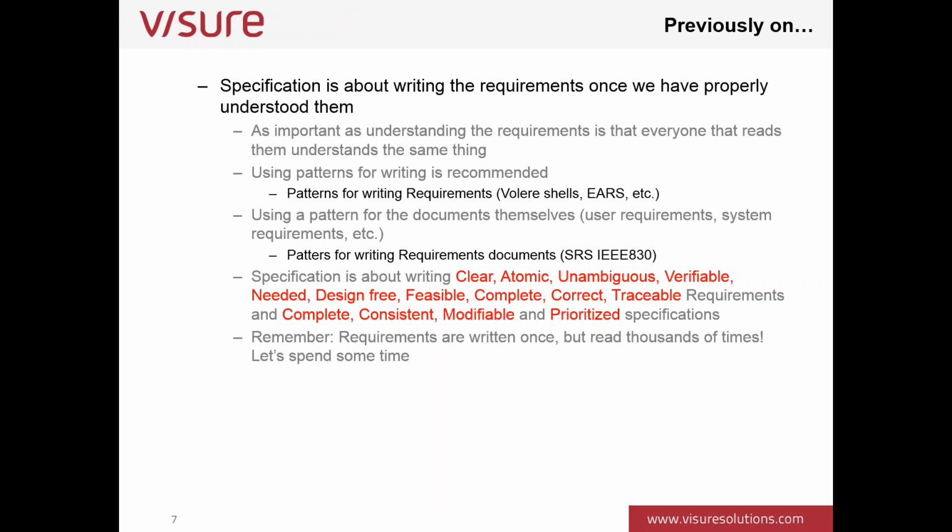And the important thing here in the requirement specification is that the requirements are written once, but we are going to read them thousands of times. So let's spend some time writing them properly. That's basically what we have covered in previous webinars in the series,